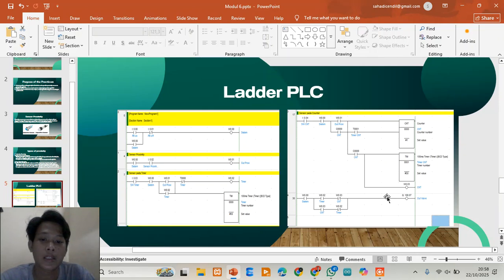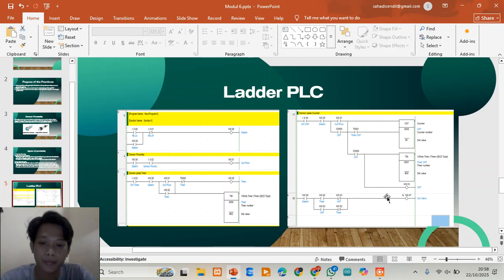This output drives the solenoid valve, which controls airflow to the cylinder in the pneumatic system.